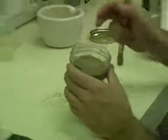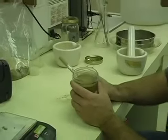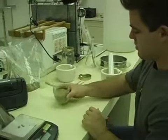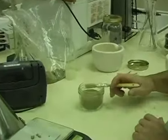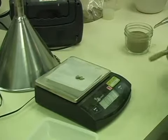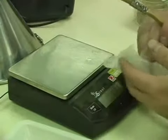Okay, so now we've got a soil sample that is all the particle sizes are under 2 millimeters, and so this is ready to be used for the texture analysis. The rocks larger than 2 millimeters, we're going to weigh, and we're going to record that weight, and then we can dispose of all